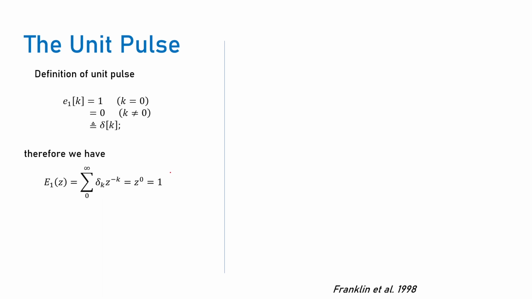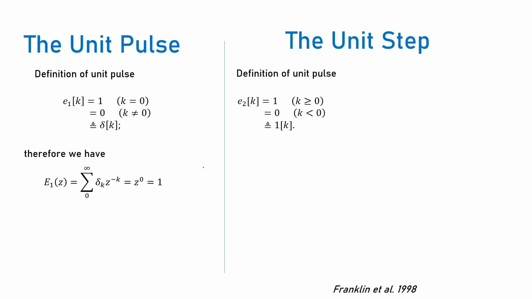Therefore, we have the Z transform like this by the definition. The sum from 0 to infinity of the function of K times Z to the minus K. Because delta K is non-zero only when K is 0, finally we have the Z transform as 1. Okay, for unit pulse. Then for the unit step,